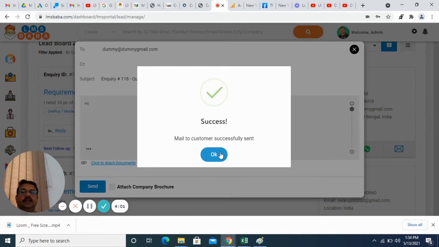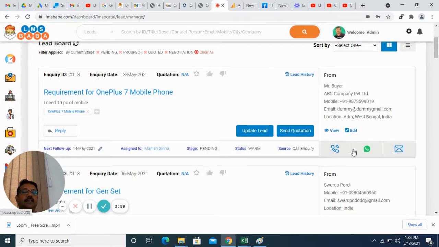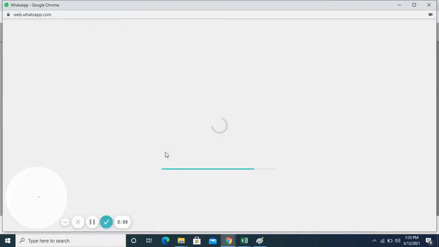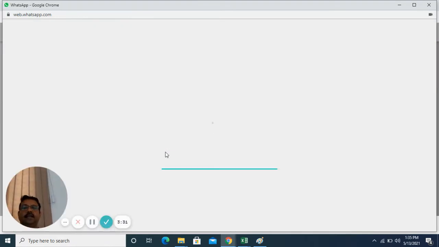The other option is WhatsApp. On WhatsApp, generally the process is that first you have to save that number in your address book in your mobile, then check on your WhatsApp app whether that number is available on WhatsApp or not, and then you would be able to send the message. But here you need not follow these 2-3 steps. You just type your message, click send message, and it will take you to the web.whatsapp screen.